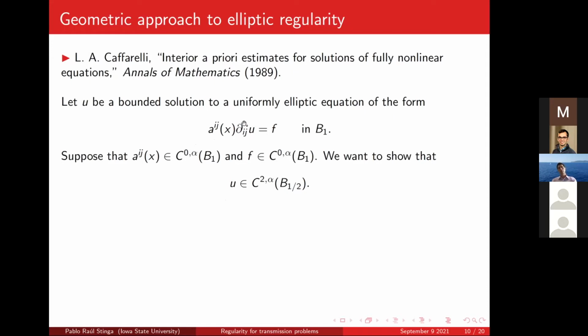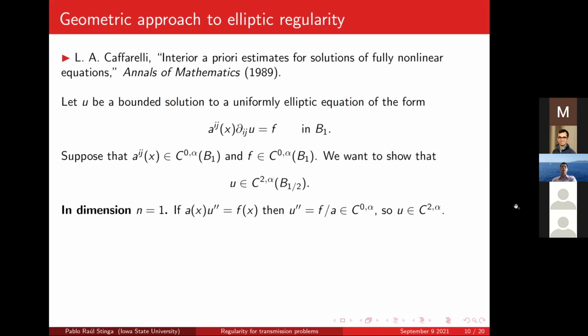Because here, if this is Hölder and this is Hölder, this should be Hölder. The second derivative should be Hölder. So U should be C2 alpha in the interior, because I'm not saying anything about U on the boundary. So a very naive computation will be in dimension 1. If you have the equation A of x U second equals F of x, then U second is F divided by A. So if this is Hölder, U second is Hölder, so U is C2 alpha. Okay? So this is the expected result, right? That U is C2 alpha if the coefficients and the right-hand side are Hölder.